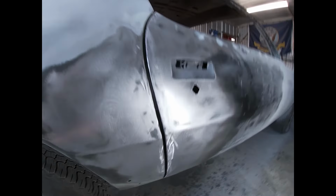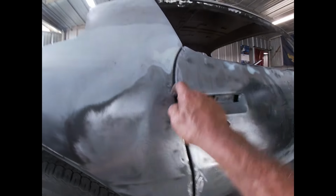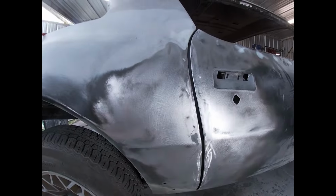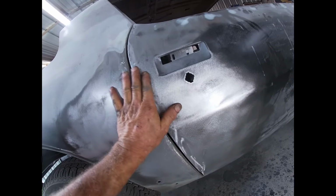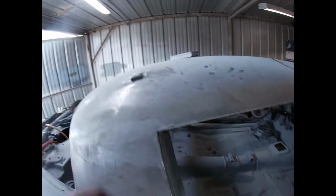Okay, I got my weld all smoothed out inside and out, and I'm really liking the gap now. Looks a lot better. So now I think we can put a little filler and even it up. But before I do